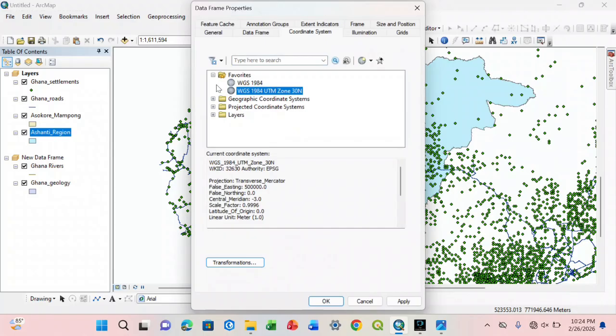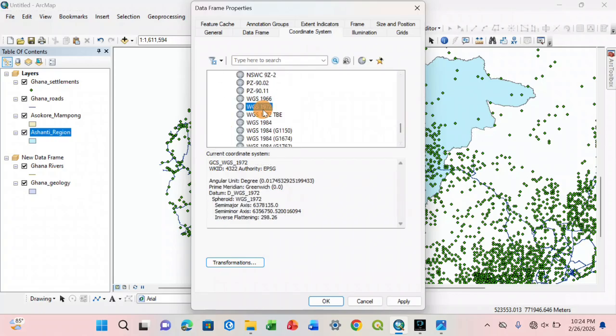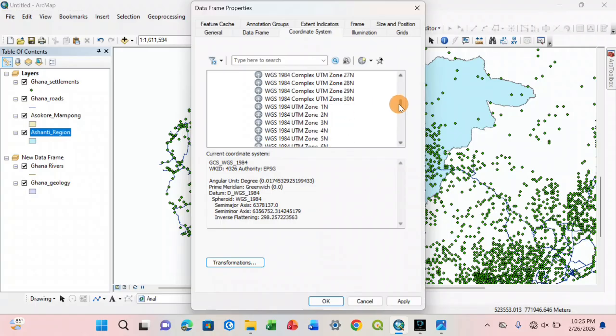So to get the geographic coordinate system, you go to geographic coordinate system, then you come here, world, then you come down, you see the ArcGIS 1984 over there. I didn't want to go through the stress, so I right click and add it to frame. That is why you see it over there. At the projected coordinate system, you go here, then you go to UTM, then you go to northern hemisphere, then you scroll down,